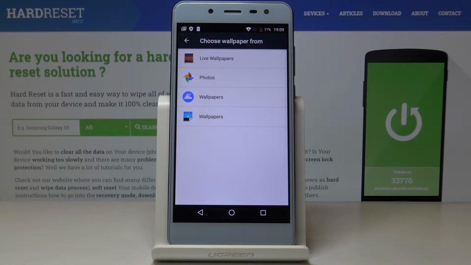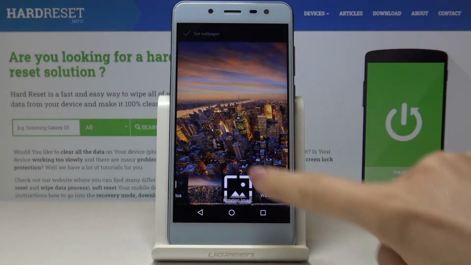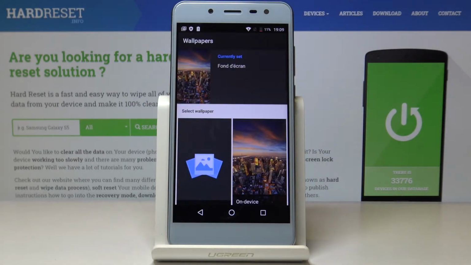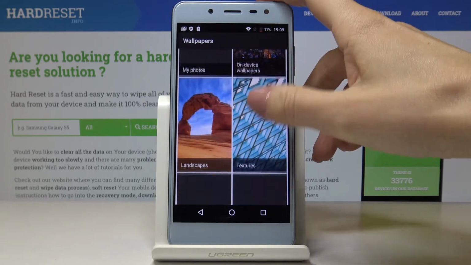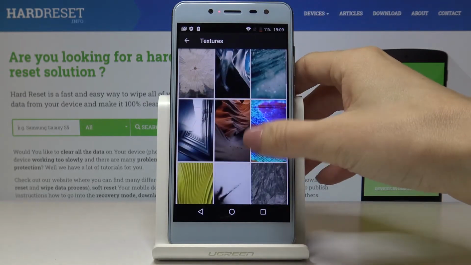It's time to select the source that you would like to pick your wallpaper from. It can be one from Live Wallpapers, some photos from Google, Wallpapers album, or default wallpapers. So let me choose the last option, and here this is just one. Over here under my wallpaper you can find some more, and let me choose something from textures,